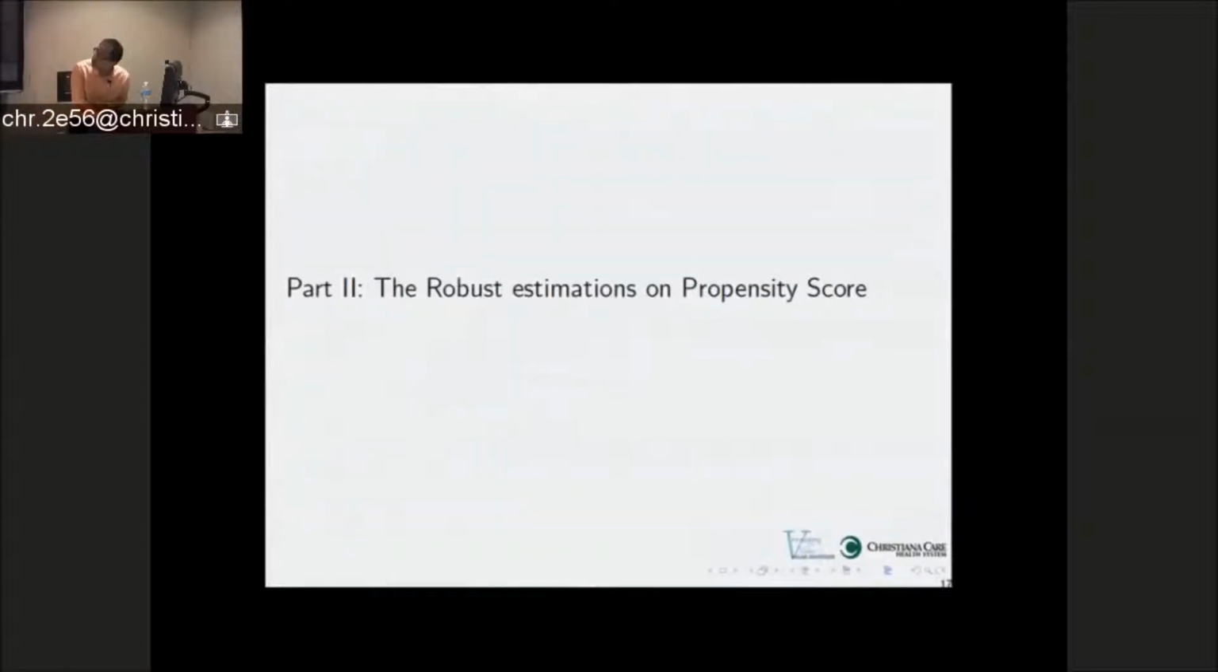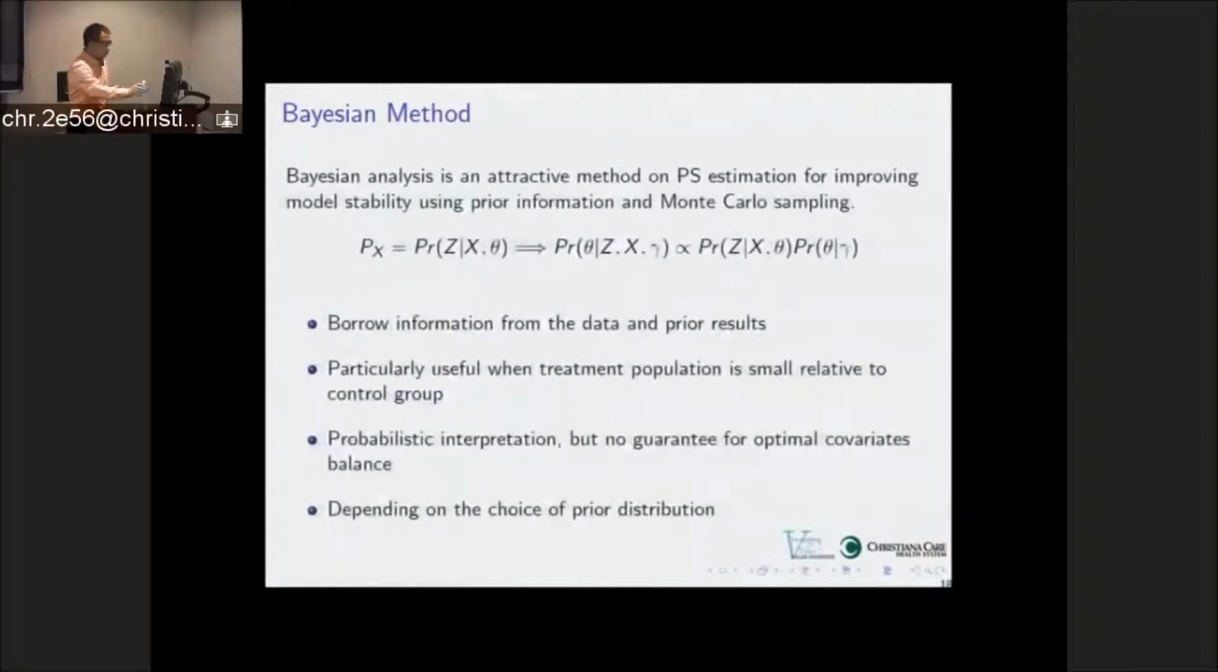Okay, let's move to the second part. First, I would like to talk about the Bayesian method as an alternative. Bayesian analysis is a very attractive method for propensity score estimation, improving model stability using prior information and Monte Carlo sampling. So usually we specify the propensity score model like this, and